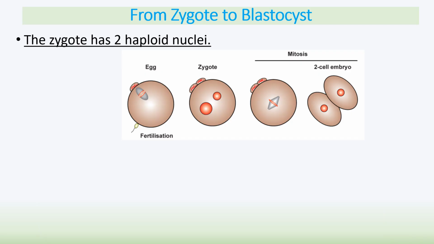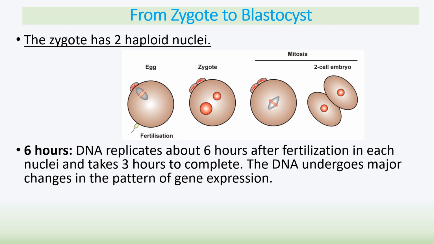Have a look then. So the zygote, when it is formed, has two haploid nuclei. So if you think about it, you have a nucleus from the egg and a nucleus from the sperm at first. 6 hours into fertilization, DNA replication takes place in each of those nuclei, and it takes about 3